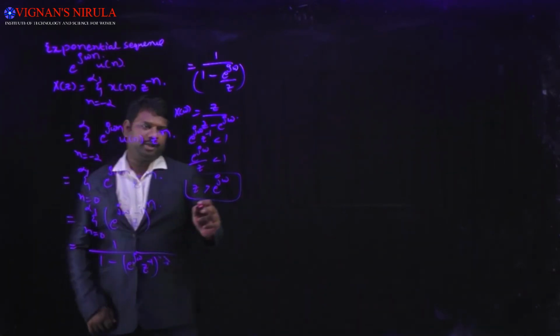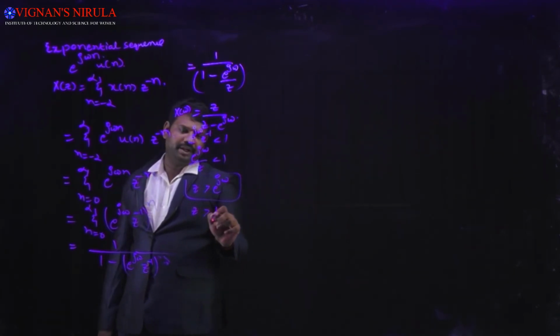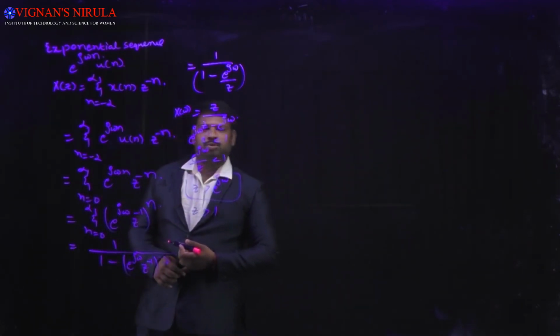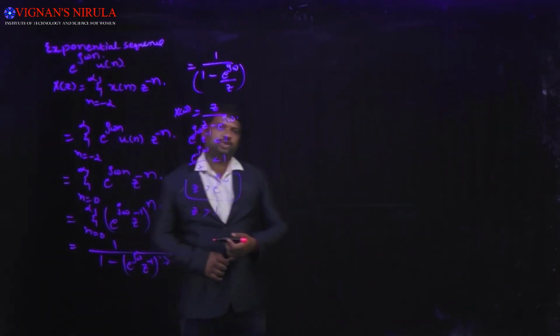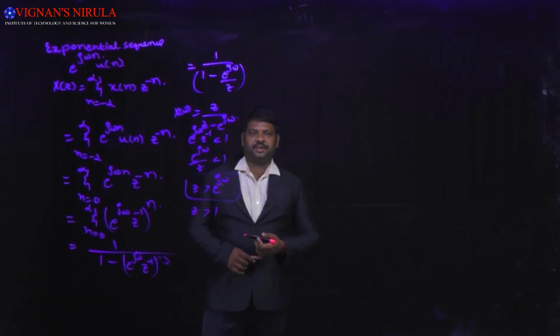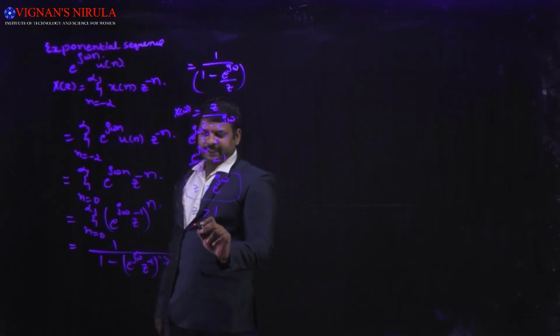In this particular ROC, if mod z is greater than 1, then it is sufficient for getting the ROC as mod z greater than e power j omega. That's why we'll take the ROC as mod z greater than 1. Next signal is the